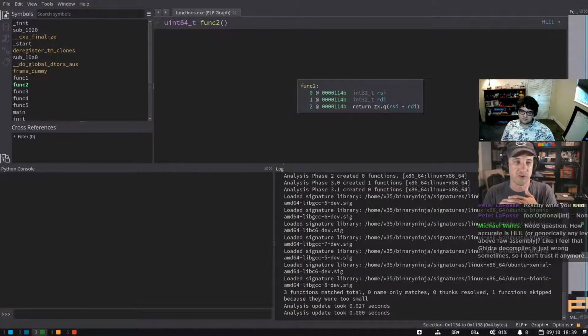And if you've got good markup and types and everything, high level IL can look just beautiful, but you always have to be aware that this stuff is inherently an unsolvable problem to perfectly reproduce, to perfectly decompile something without an oracle like debug symbols or something else like that. So that is a real thing.